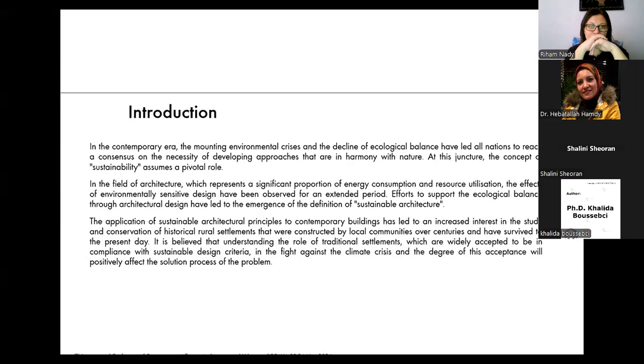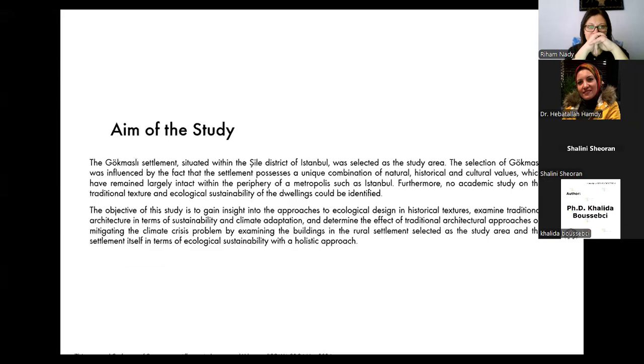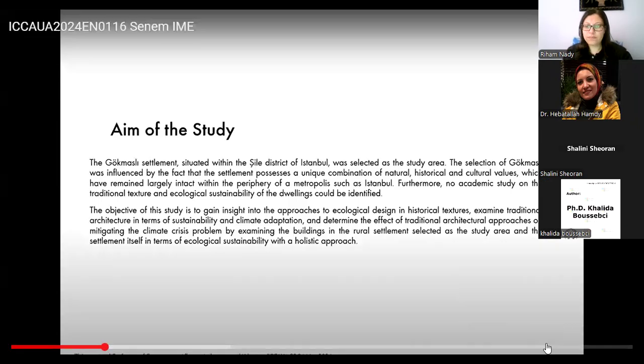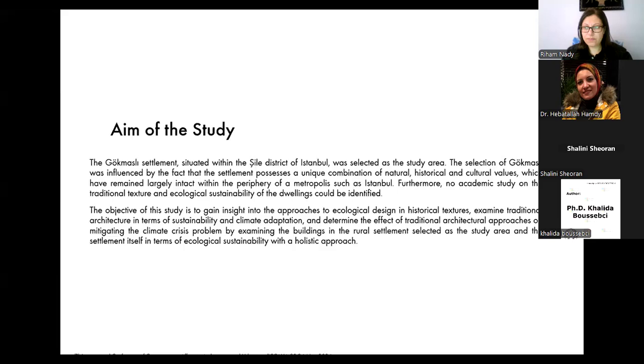It is believed that understanding the role of traditional settlements, which are widely accepted to be in compliance with sustainable design criteria, in the fight against the climate crisis and the degree of this acceptance will positively affect the solution process of the problem. The objective of the study is to gain insight into the approaches to ecological design in historical